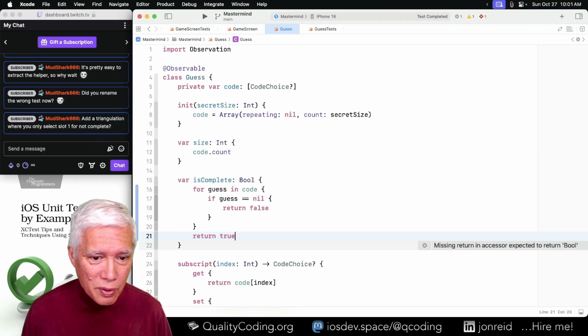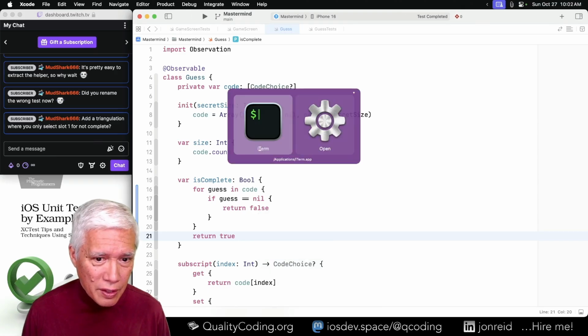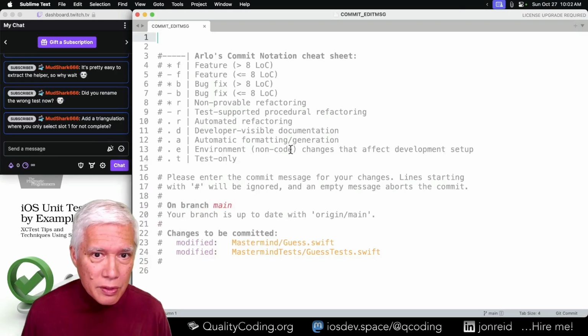Otherwise, return true. I believe this will pass. Good. Let's get it in. This is still less than 8 lines, so the risk is not huge. Implement it, yes, is complete.